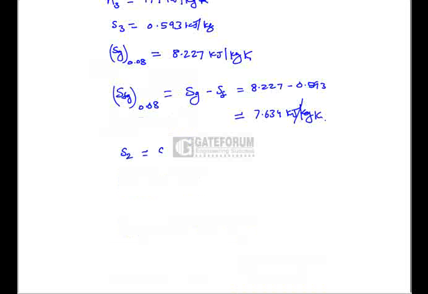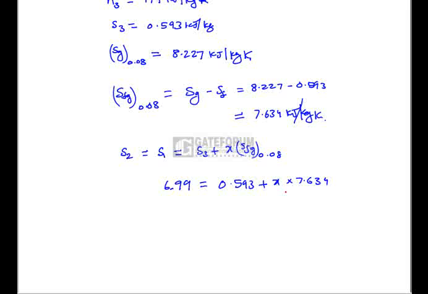So S1 is equal to S2 and is equal to S3 plus X into SFG at 0.08. Here S1 is given by 6.99, that is entropy of superheated steam. And S2 is equal to 0.593 plus X into SFG, which is given by